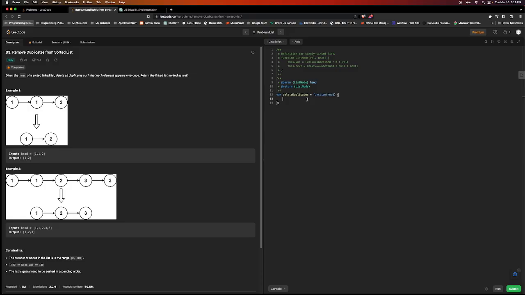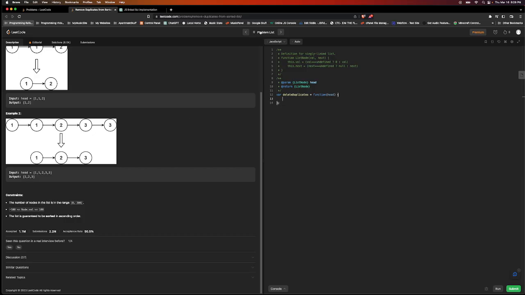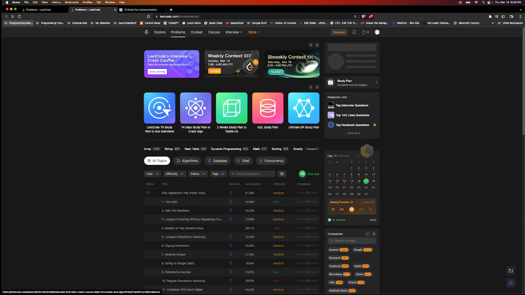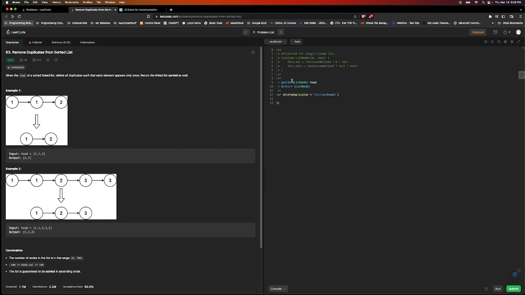But why does it give us a list node? I don't like that. This list node stuff here. Single linked, this single linked list stuff is like, I don't know, because I feel like we're never